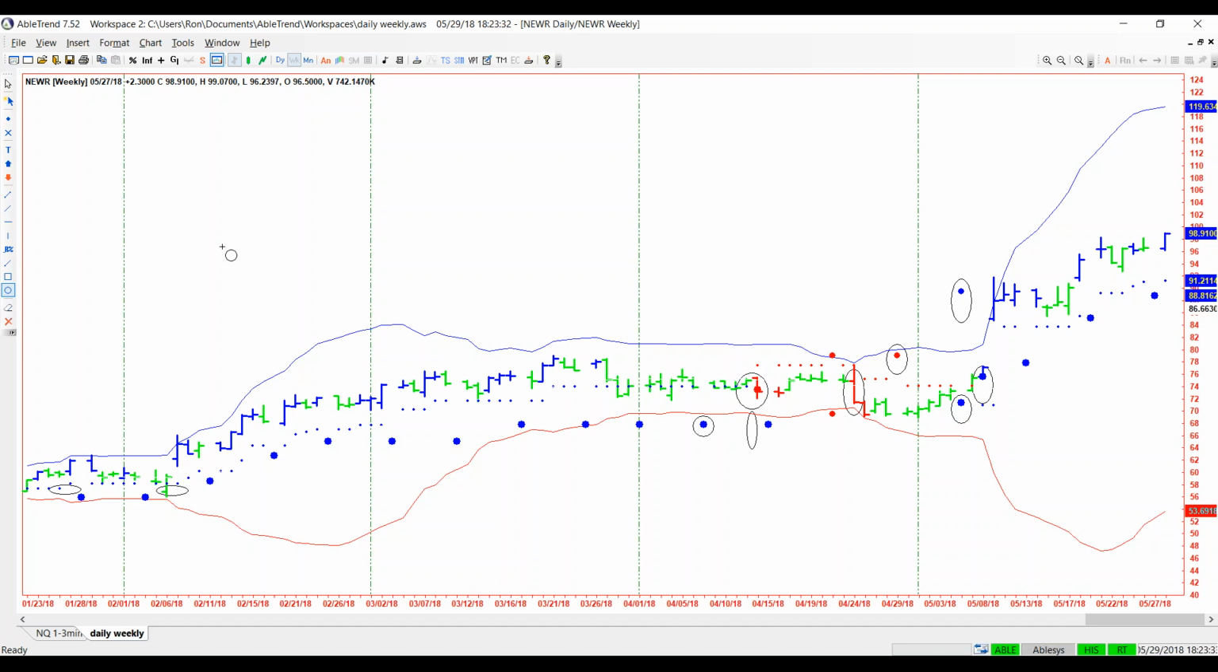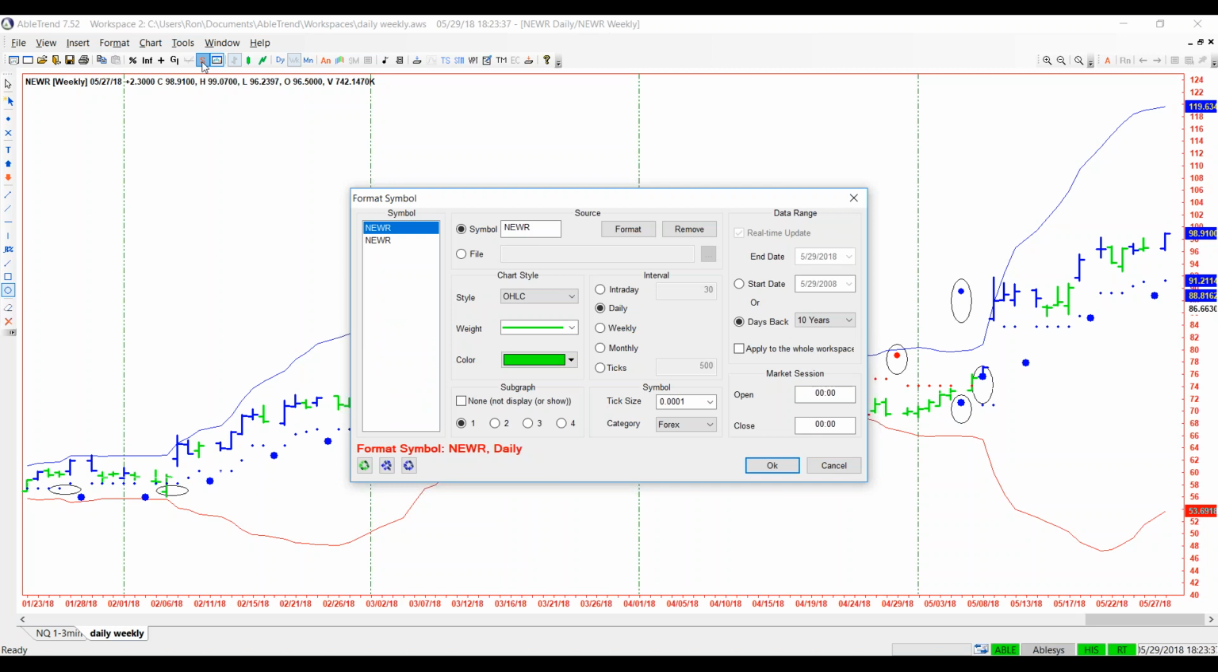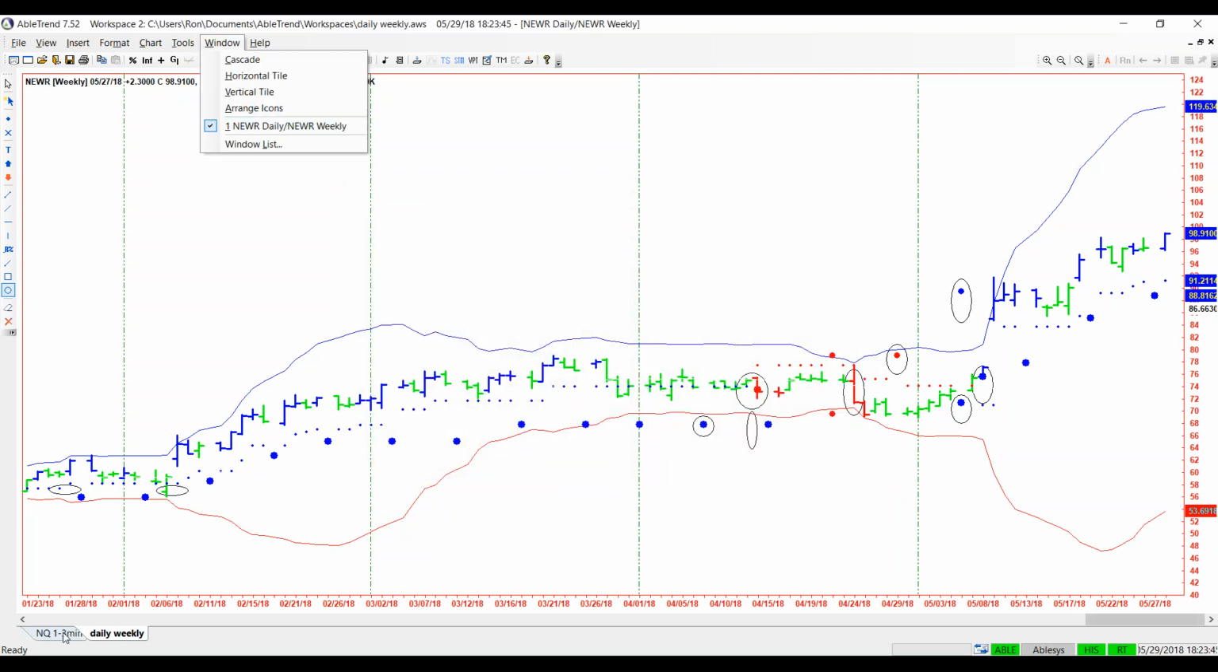Actually, 2 questions. David, how do you add different time frames? Well, that's real easy, David. You click on the symbol button here, and you just change the time frame right in here. Every time you make a change, just click Format. Like, for example, here,